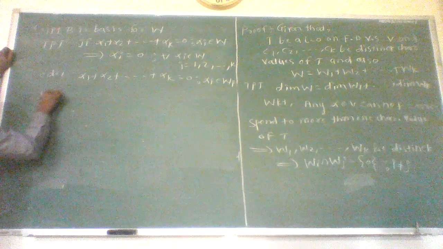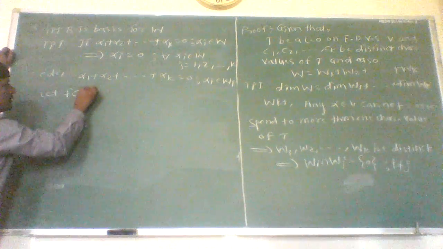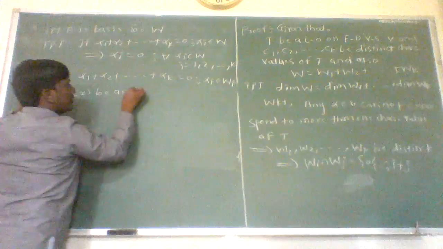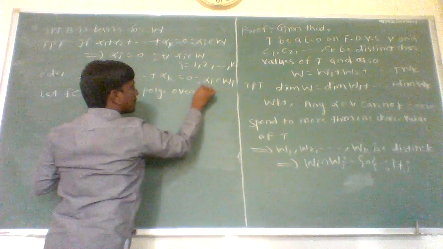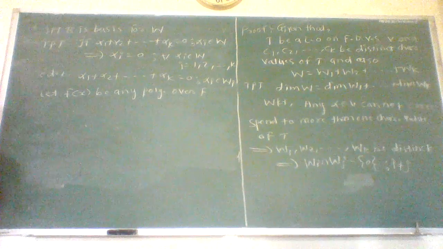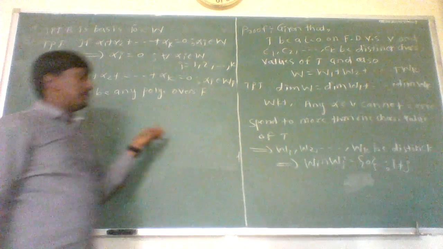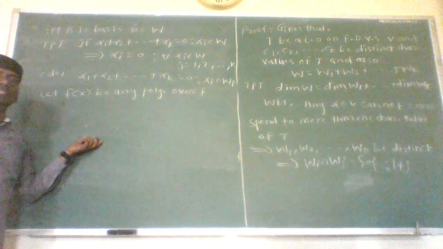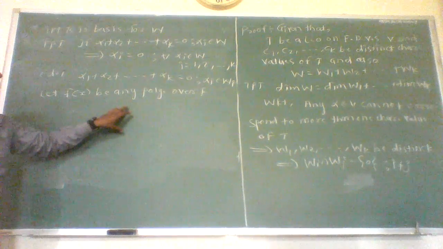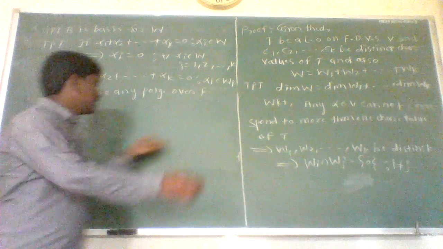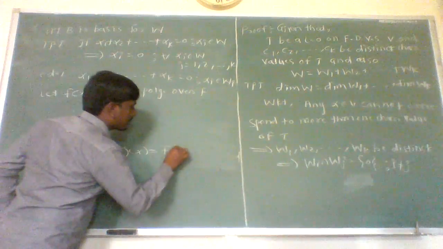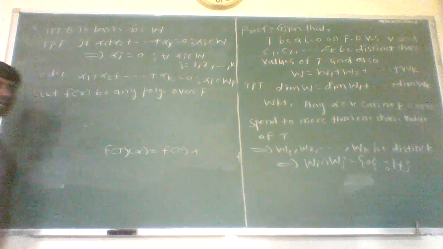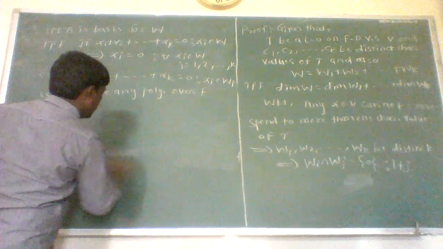Now let f(x) be any polynomial over the field F. Okay, and we know that we have proved one result: if T is a linear operator on a vector space V and c is any characteristic value of T, and f(x) is any polynomial over the field F, then f(T) of alpha is nothing but f(c) of alpha. Okay,